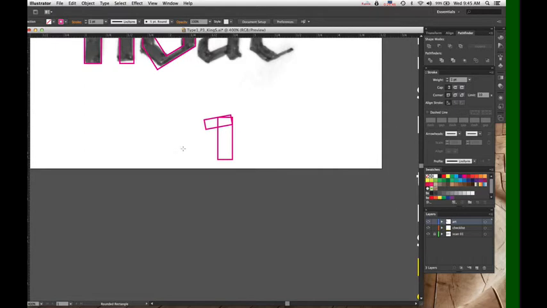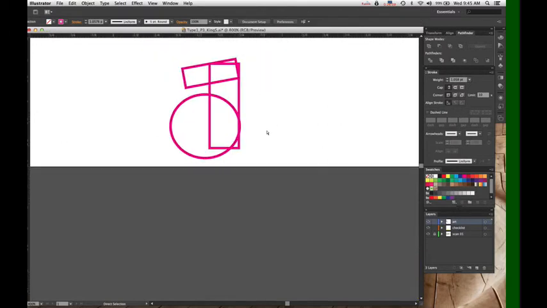So much so that I'm just going to draw the bowl with a circle. Okay? So that's about how I want the bowl of my A to be. I'm going to stretch it just a little bit so it's an oval and not a perfect circle.